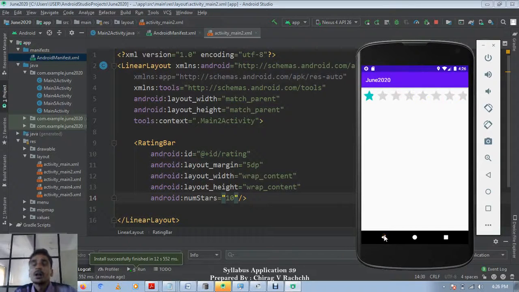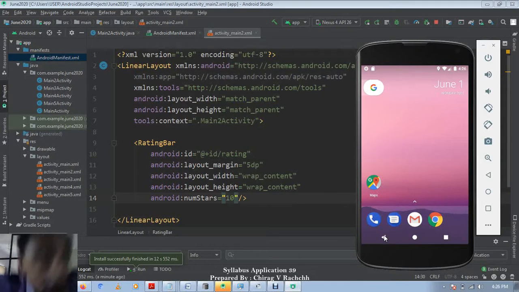So it is fitting according to the screen and it is giving stars. And as we have numStars 10, it is giving 10 stars.